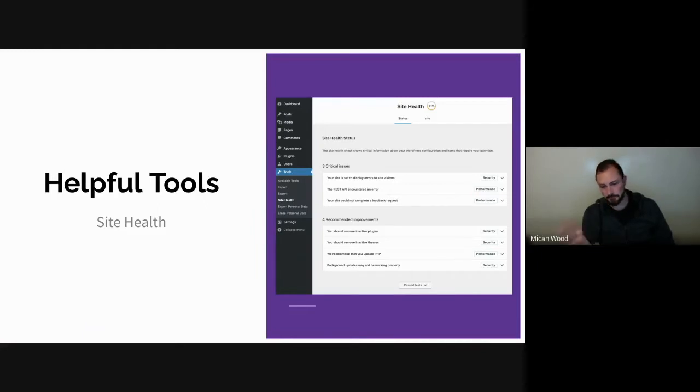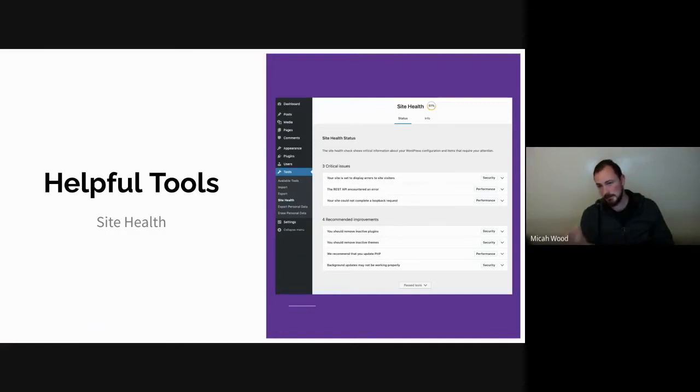When you first load it up, you'll see kind of the screen you see here on the right-hand side, and it'll list out any issues that your site might have. One thing to note is that it could be one of these critical issues or recommended improvements that could be impacting your problem. So if you do see critical issues, it's probably best to try to address them. Each of those boxes will expand out and give you more details on the problem and potential ways you can fix it. And often we'll have some sort of link to documentation for that problem. So from that standpoint, very helpful.